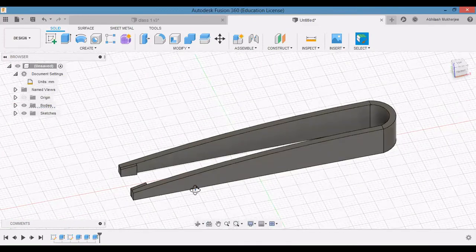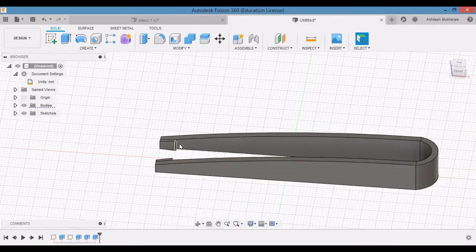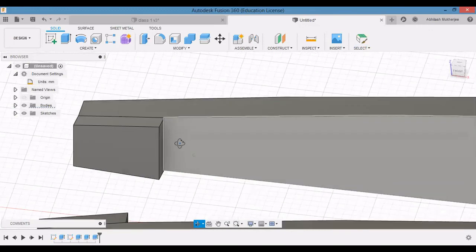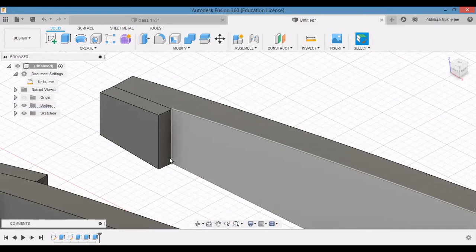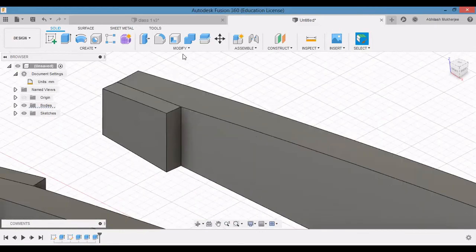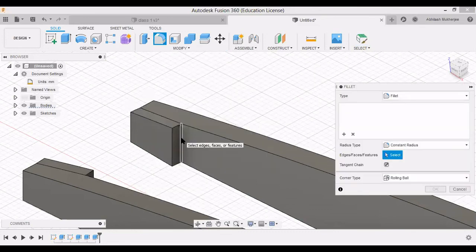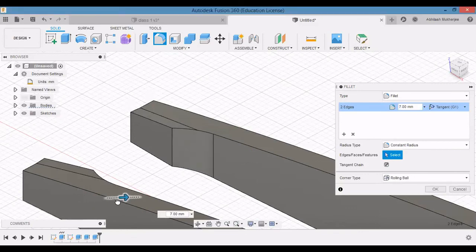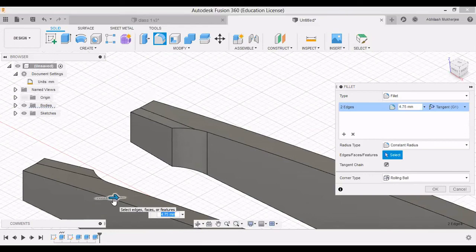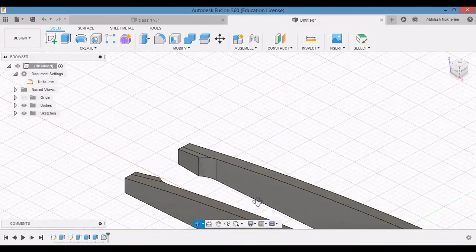Okay, now the last action that we want to do, we want to make some minute changes. See, the end of this tweezer is 90 degrees. Now we want to make it smooth. What we can do is use the fillet command. Select this edge, and similarly we want to fillet this edge as well and drag it upwards and click enter. So this edge is smoothened properly.